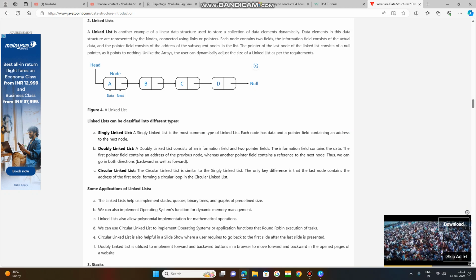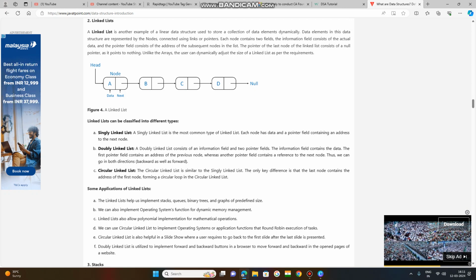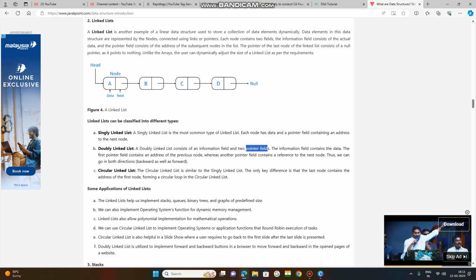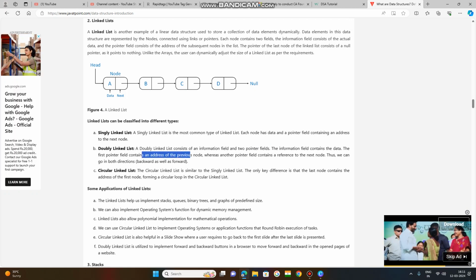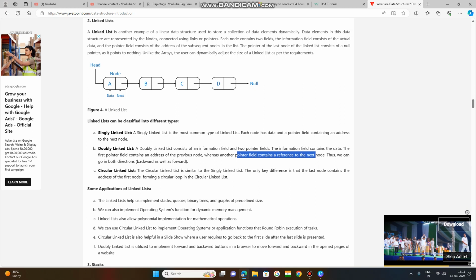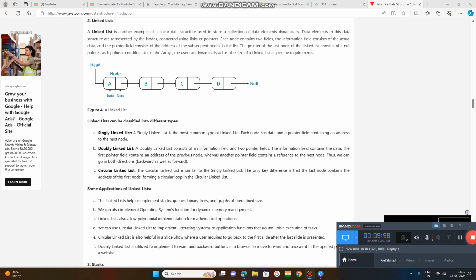Each node has its data and a pointer field containing an address. In a doubly linked list, there is one information field, the data field, and two pointer fields. One pointer field contains the address of the next node. Another pointer field contains a reference to the previous node. So in a doubly linked